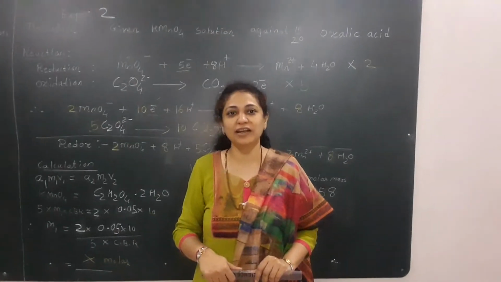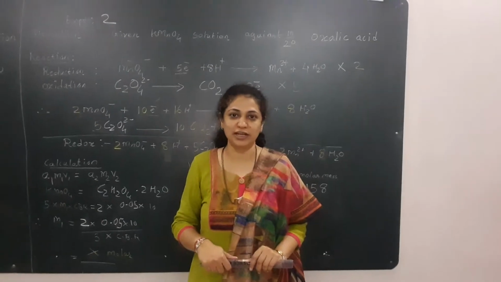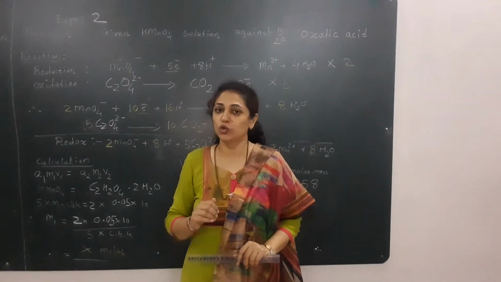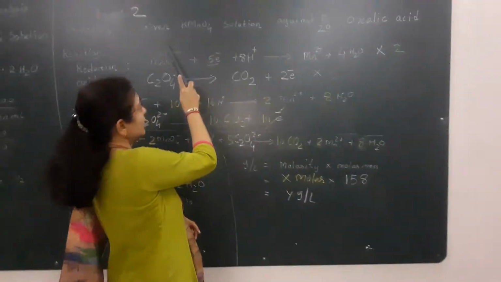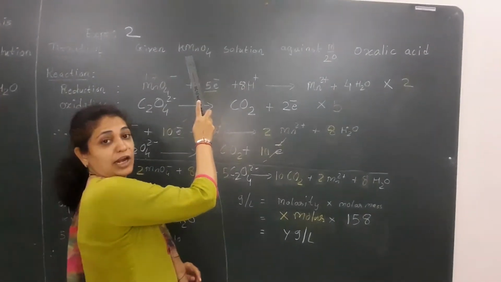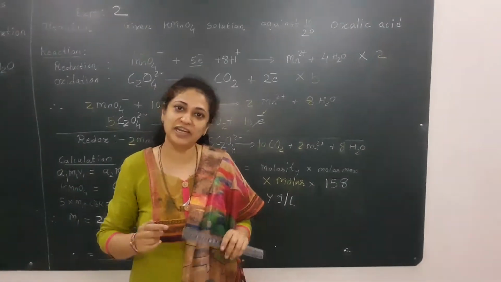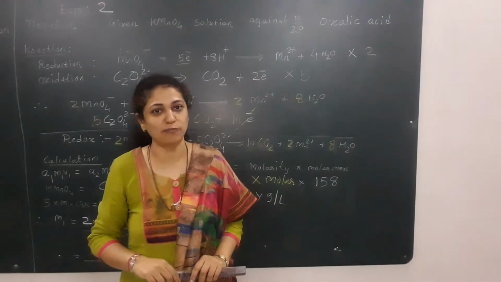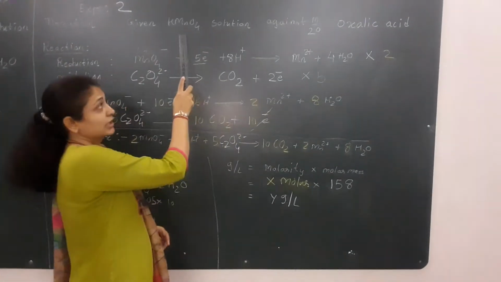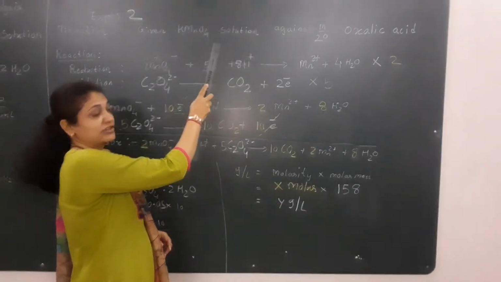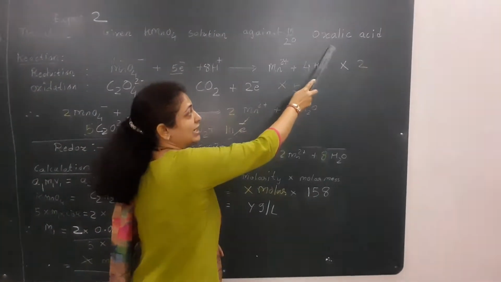Good morning once again. Now we prepared standard oxalic acid solution in the last experiment. Using that solution we are supposed to titrate the given KMnO4 solution. Now KMnO4 solution is of unknown concentration and we need to find out in terms of molarity and grams per liter. So we have taken KMnO4 whose concentration is not known and we will titrate it against N/20 oxalic acid